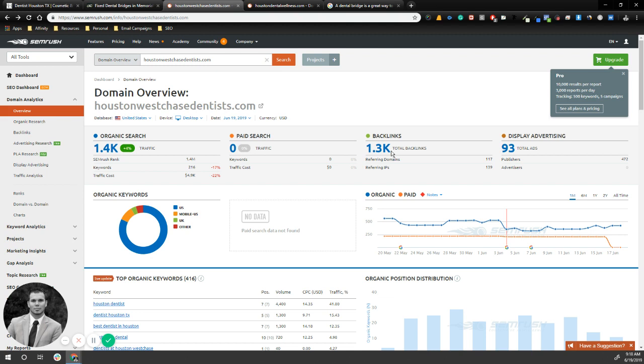For instance, one thing that we'll do that's a high quality backlink, because there are low quality backlinks, but a high quality backlink would be linking you to a local news or a local directory or a local blog where we're saying, hey, this is a great dentist, they're very knowledgeable, come see what they're about, and putting a link in that description to your website. Now, when somebody clicks on that, they go to your website. That is a backlink, and